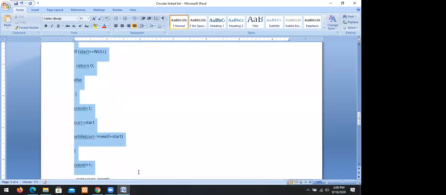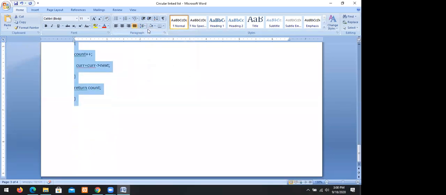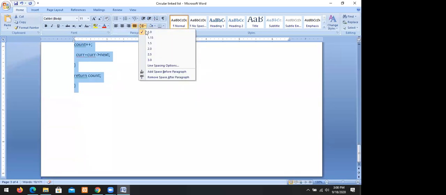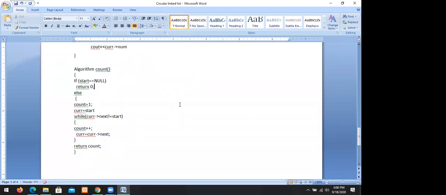What is the purpose of this module? It is used to find how many nodes are in a list. If the list is empty, there are no nodes. If start equals null, return 0, which indicates there are no nodes in the list.